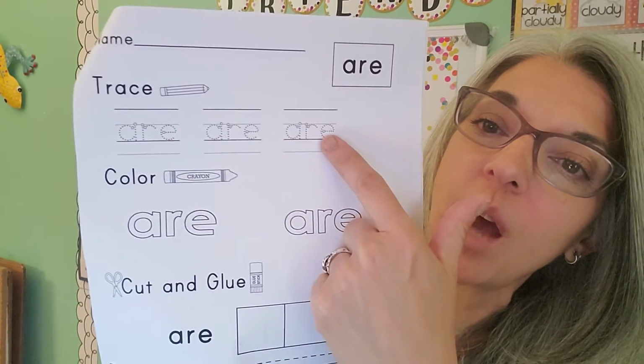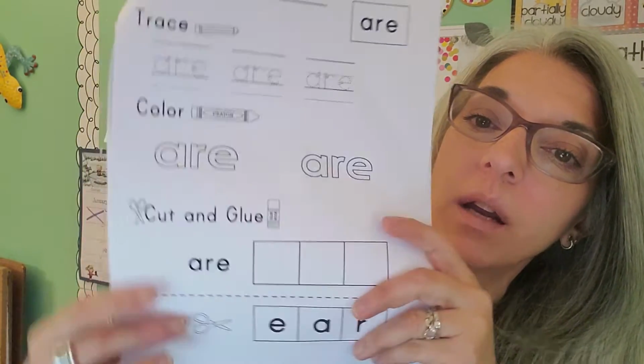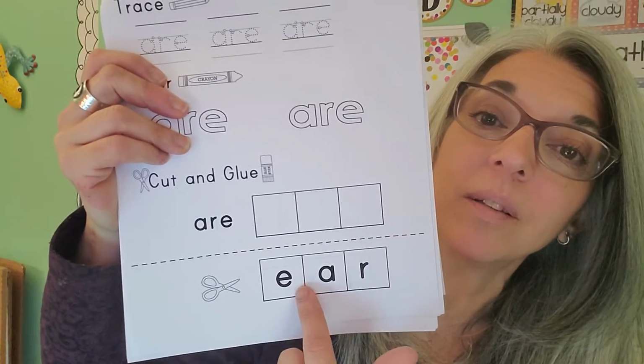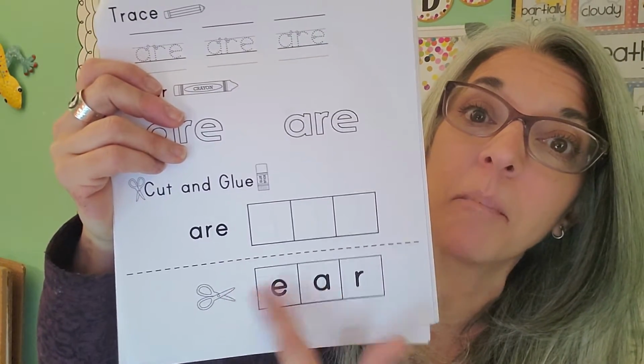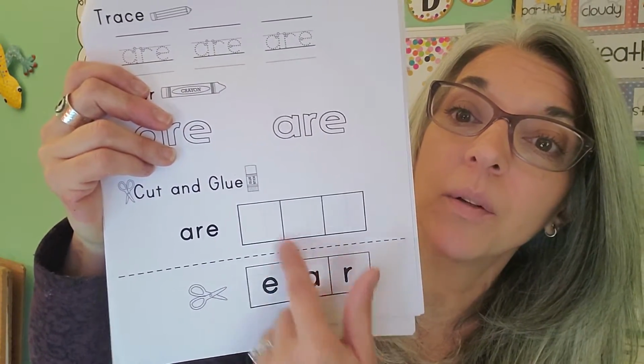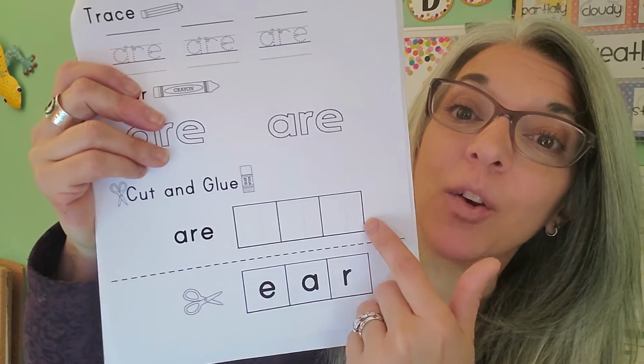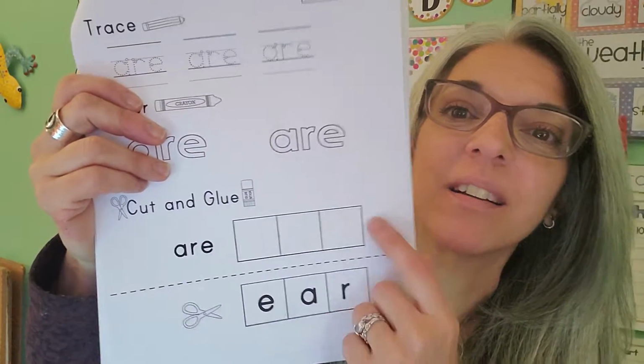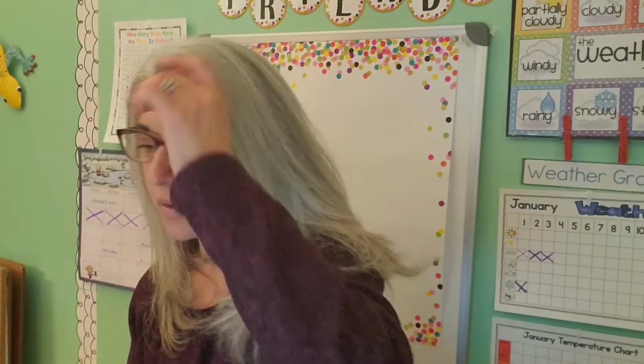You're going to trace the word R, color the word R, and then cut out the pieces of the word R, the letters that make up the word R, cut those out and glue them in the correct order so that it spells the word R right here. Okay. Those are all of your